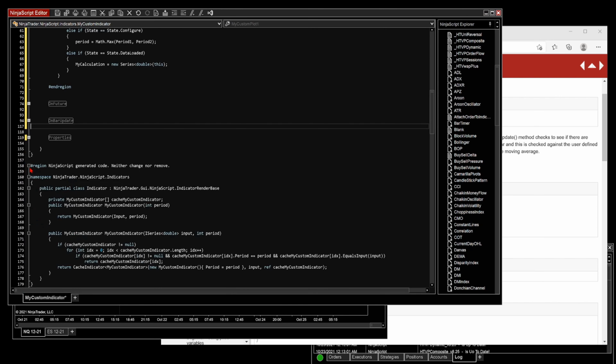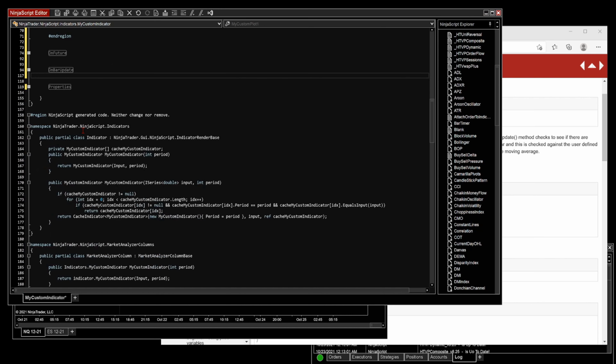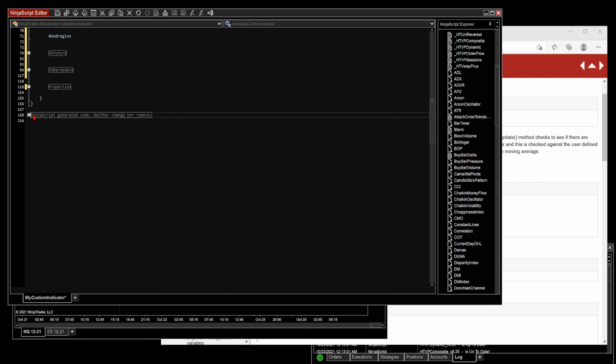Now, let's collapse all of that stuff. Now, this stuff down here. Let's talk about this for a second. NinjaScript generated code, neither change nor remove. You don't want to remove anything here, but everything below this point is being automatically generated by NinjaTrader every time